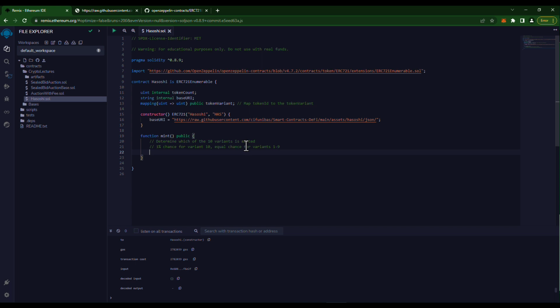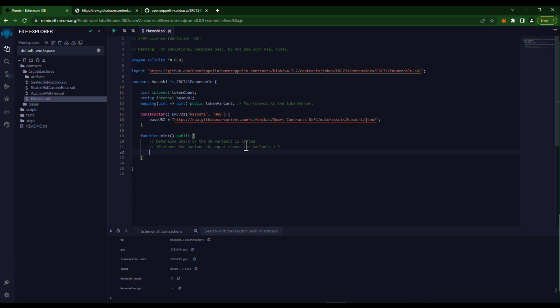Usually you would go for a commit and reveal approach, but for our example we will use something more simple. We will simply use the block timestamp as a source of randomness. This is of course not recommended to be used in a production setting or on the mainnet. This way of generating randomness can be exploited very easily, but it will serve as an example for our test